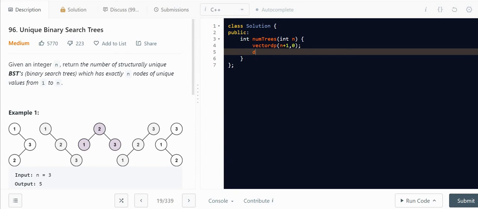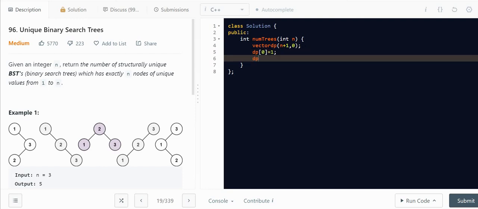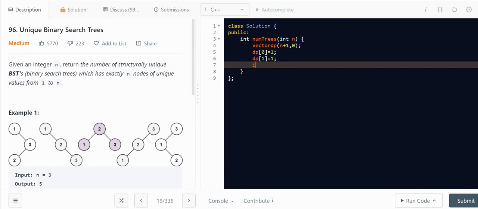And we can take that as Catalan number. So we will initialize our DP of 0 as 1 and DP of 1 as 1. It is just an initialization, and let's take one variable k. What is the function of k?